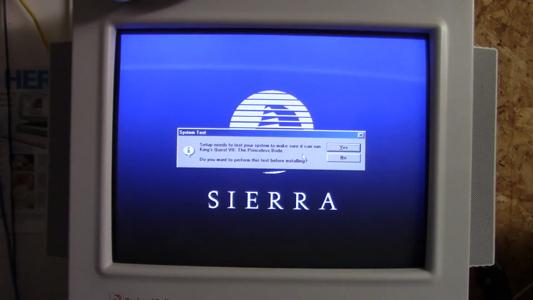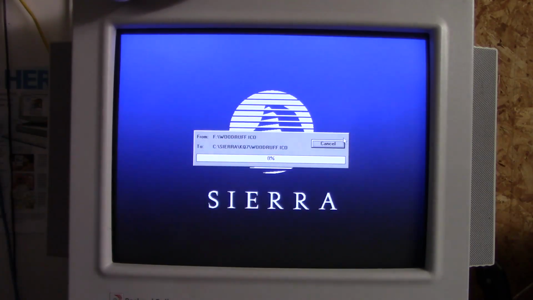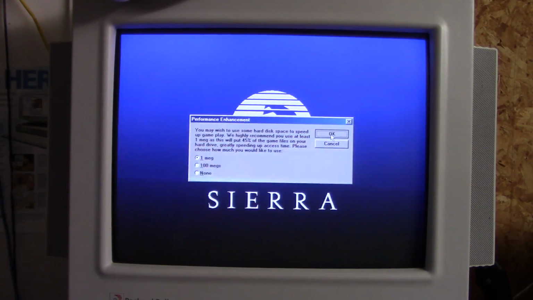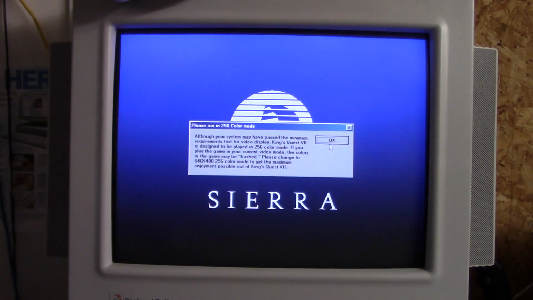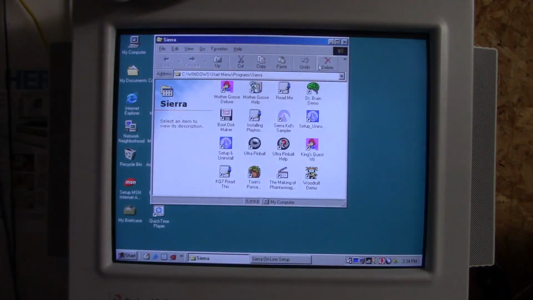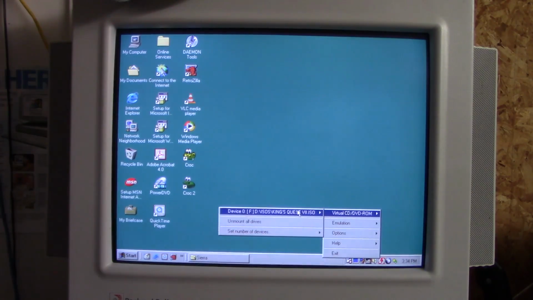Okay, just like 3D Ultra Pinball earlier, we do not want to do the test because it's going to give us that divide by zero error. And we'd have to restart the computer, which I do not want to do right now. Again, we do not want to register. Close out of all that. And on to the next game,